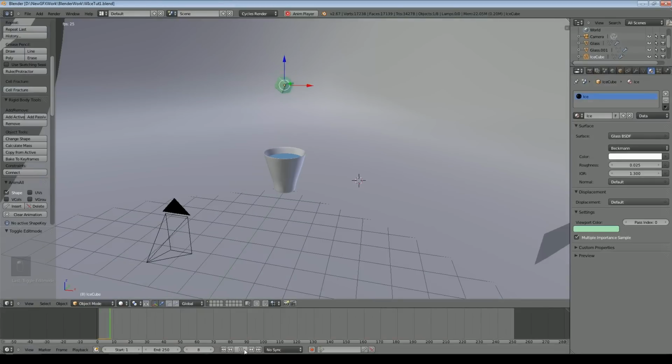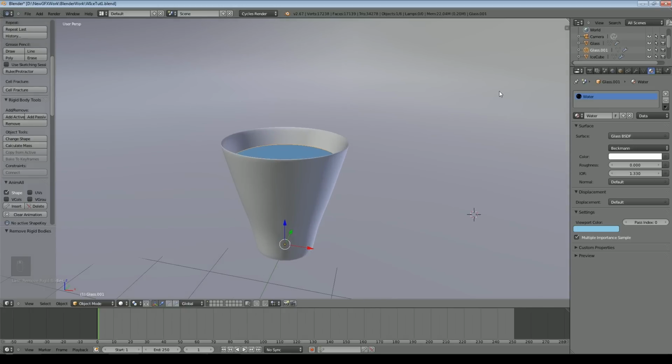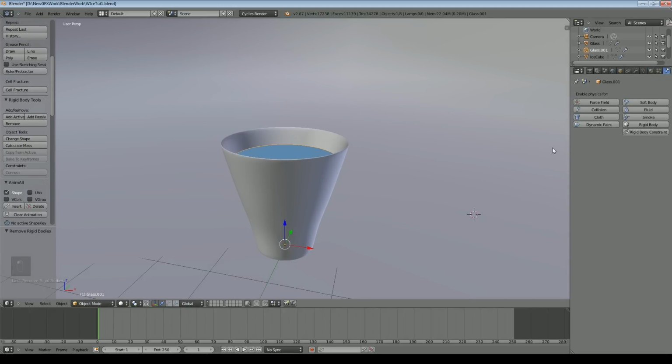So that's the start. But what won't happen at the moment if I play, I've just realised, of course, because the way I duplicated it, it's got the rigid body passive parameters applied to it, so I'll remove those and now apply the animation, and the ice cube just drops through, which is fine. So now what I need to do is come over to physics, and I need to add fluid simulation.